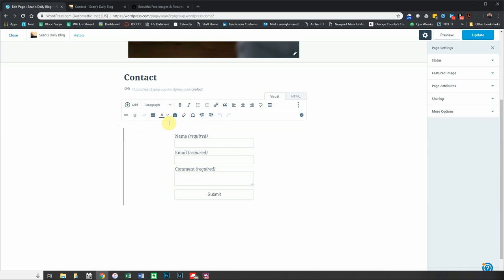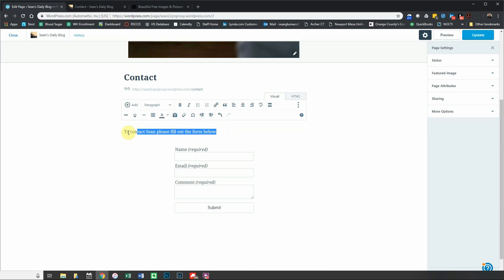If you just want to type, you can place your cursor up here. I'll throw enter in and I'll start typing. To contact Sean, please fill out the form below. I can select that type. I can make it bold, italic. I can align center. I think I'm going to do align center and bold. And let's just change the color too. Remember, if you don't have these advanced, you want to click on toggle advanced. And I don't know, let's make it